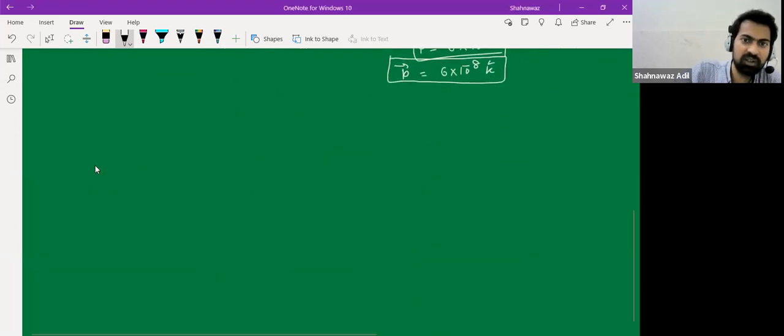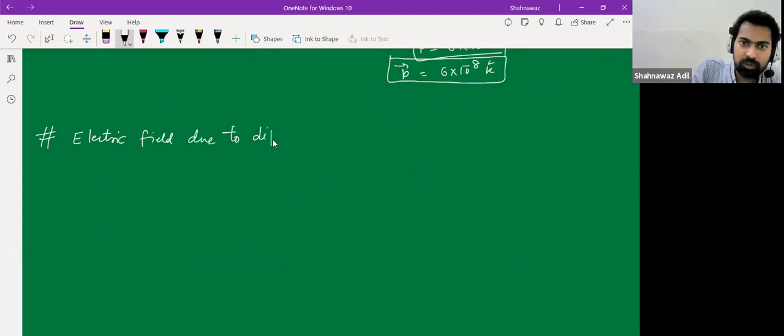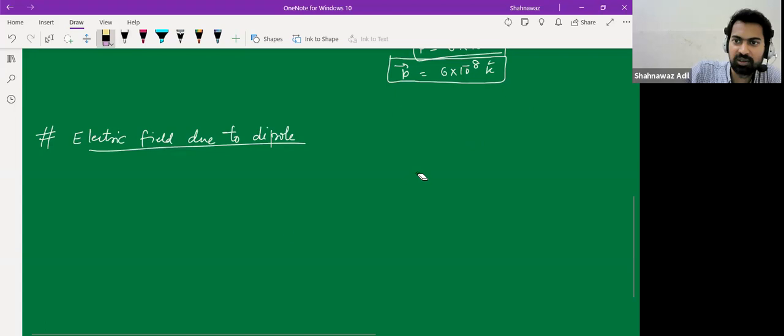In the next class, we'd be learning about the electric field due to this dipole. So we calculated the electric field due to some charge. Now we will have this system of two charges. Okay, so let's say you have this dipole